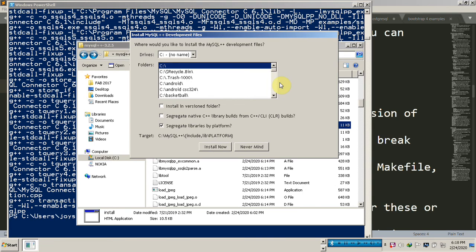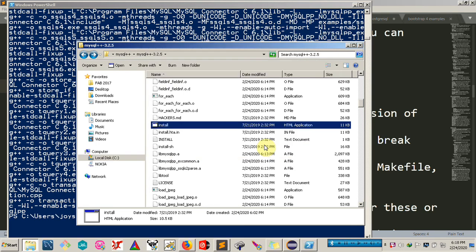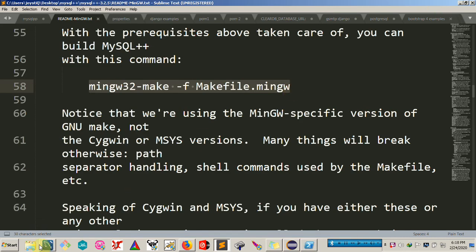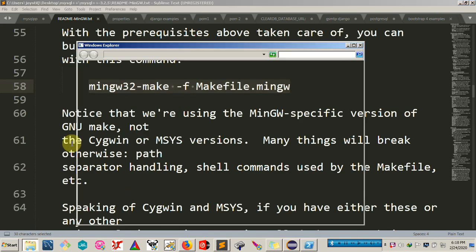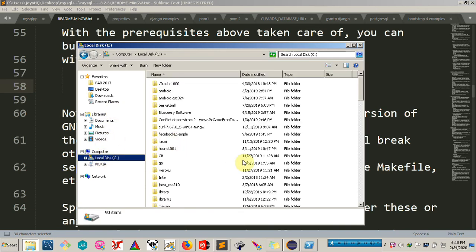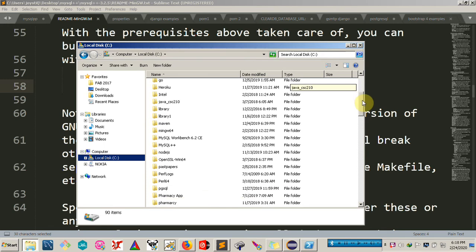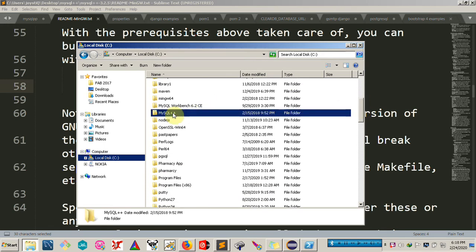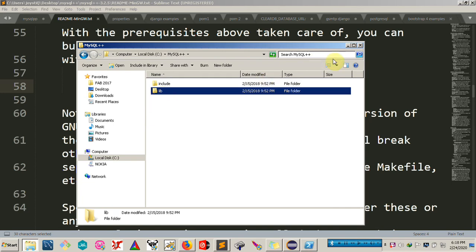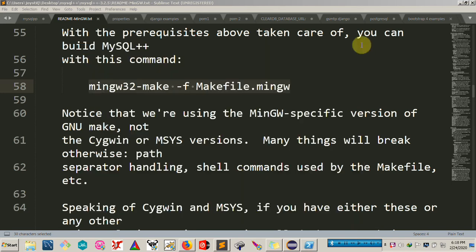I've already done it, so let me show you where I installed mine. So let me just click never mind. So I installed mine in C, MySQL++, and then I have this include and the lib. Once you have that, you can go ahead and, since I'm going to use Eclipse,